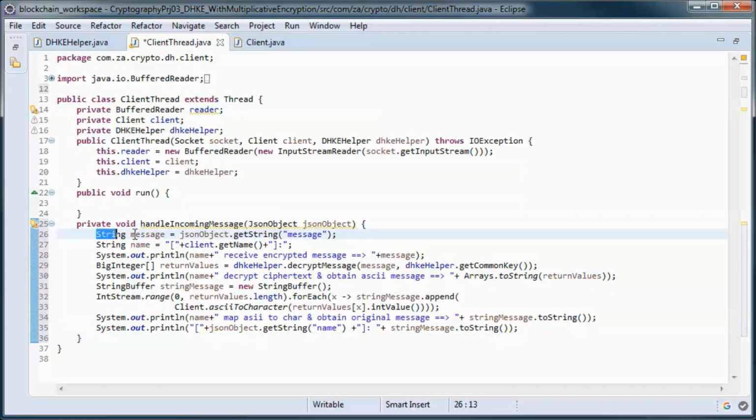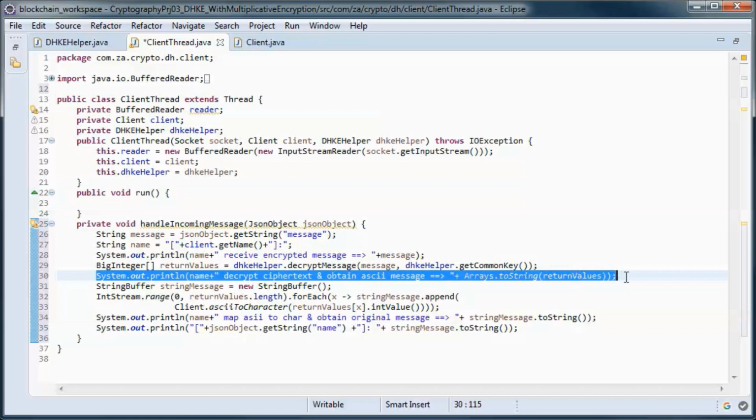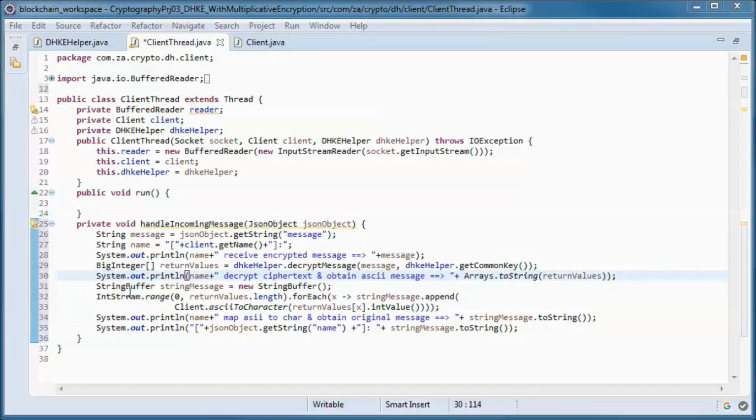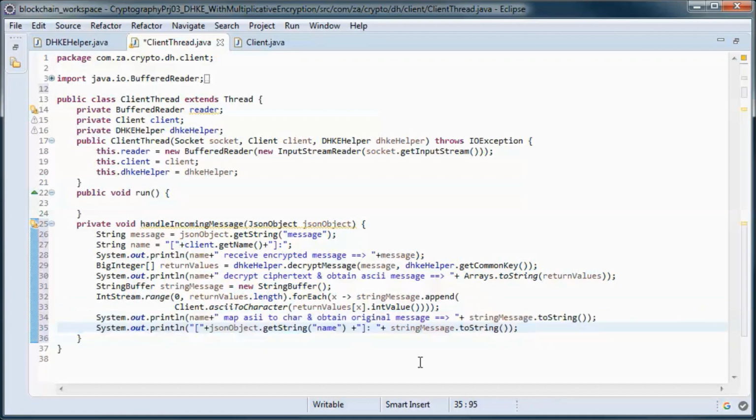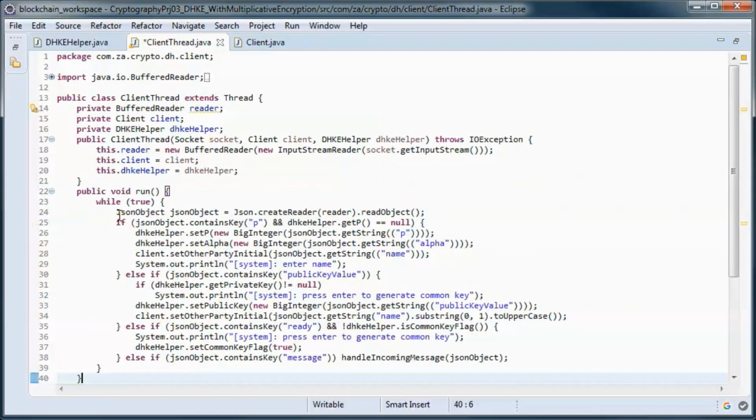So we pick up the message and we decrypt it using the common key and display some information and turn it back into character from ASCII and display what happened. And this is the code for the run method.